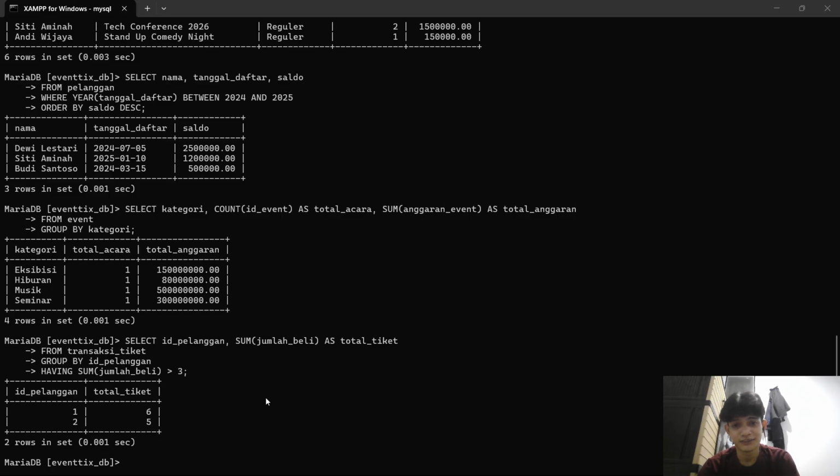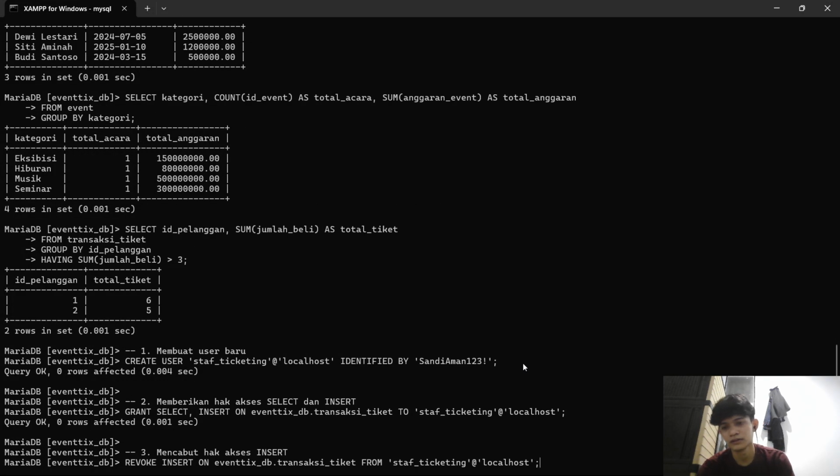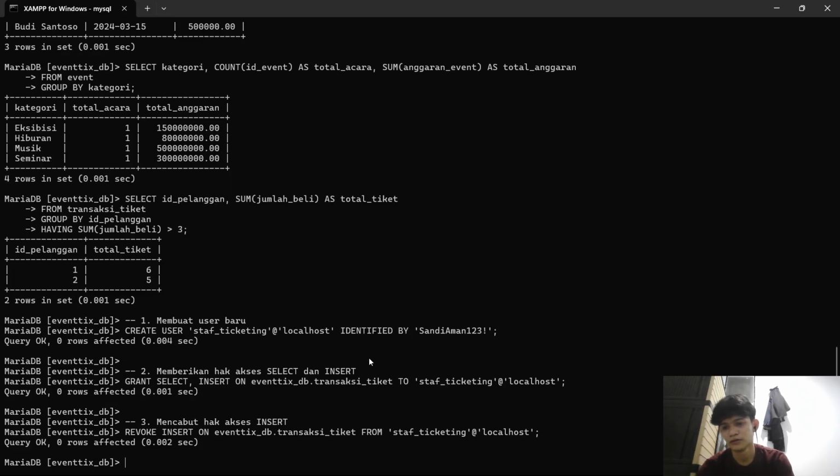We got number nine, which is about database security. We create a new local user, staff ticketing, with limited select and insert privilege on the transaction table. Once the task is done, we secure the database by removing the access using the revoke command.